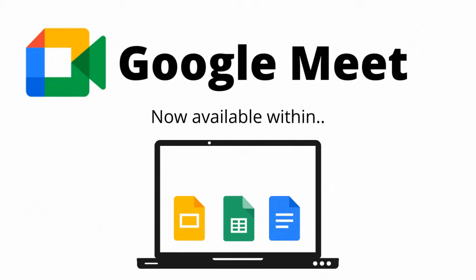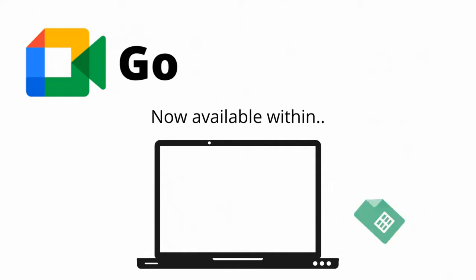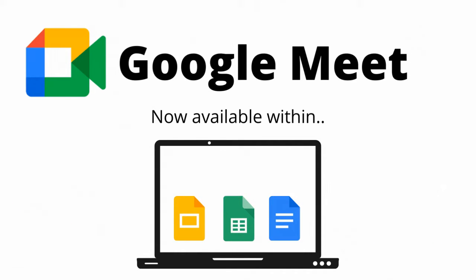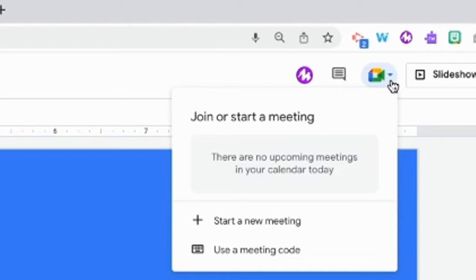Today I am super excited to show you some new updates with Google Meet. You can now launch Google Meet within Google Slides, Docs, and even Google Sheets. Let's learn how. So once you click on the new Google Meet icon, you are going to have the option